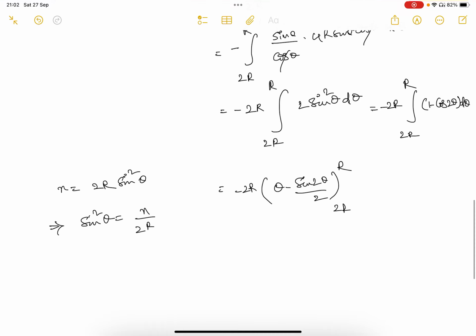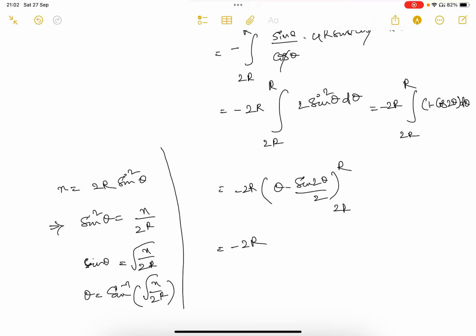Then sin theta is root of x by 2r, then theta is sin inverse of root x by 2r. So this is minus 2r into, this is a simplification, fine,